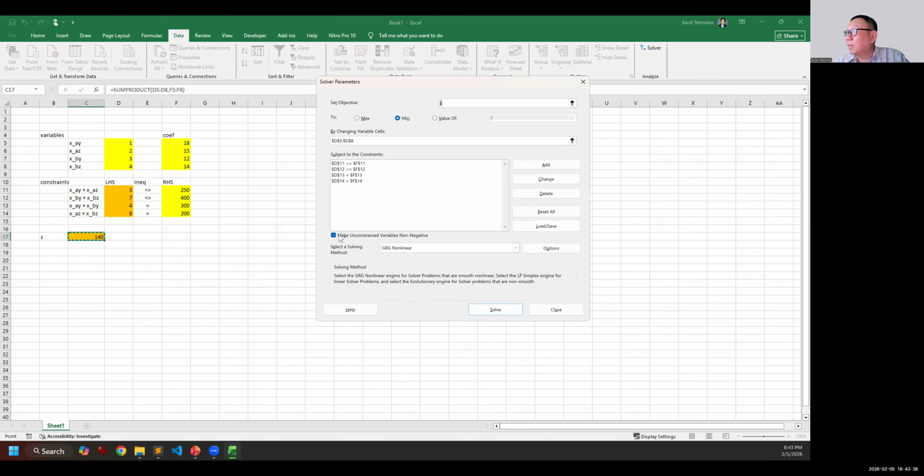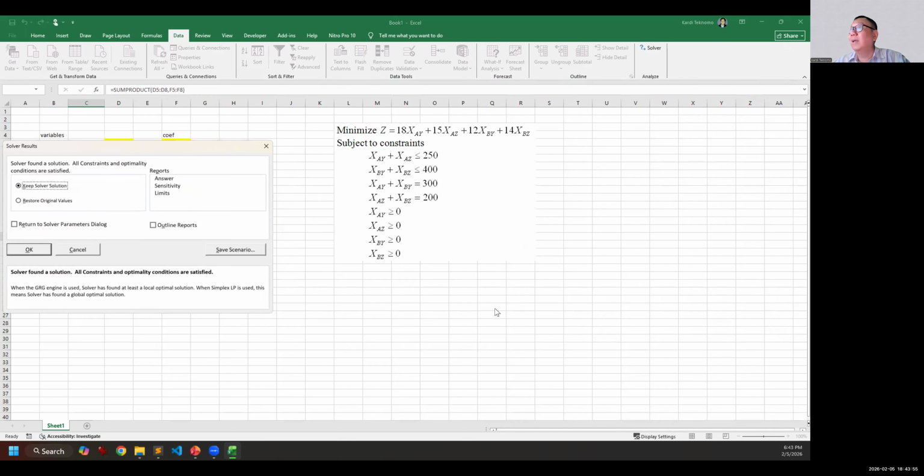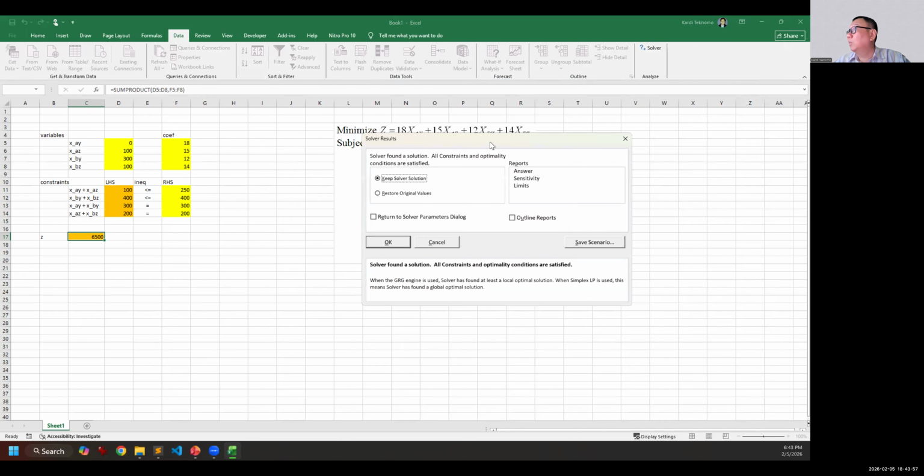So if you check this one, make unconstrained variables non-negative, that means all the boundary, x_ay, x_az, x_by, and x_bz are all non-negative. Then what you will do, solve. There you get the solution. If you want to do sensitivity analysis, the limits is already here.